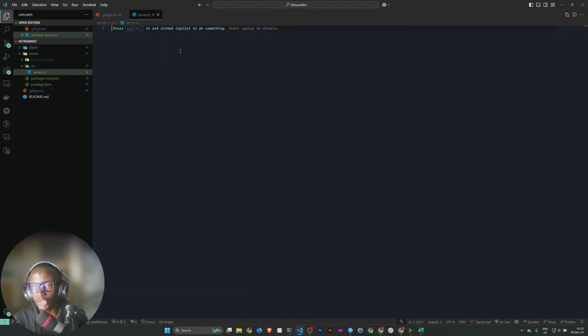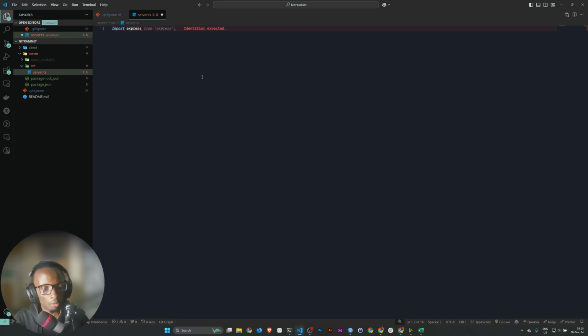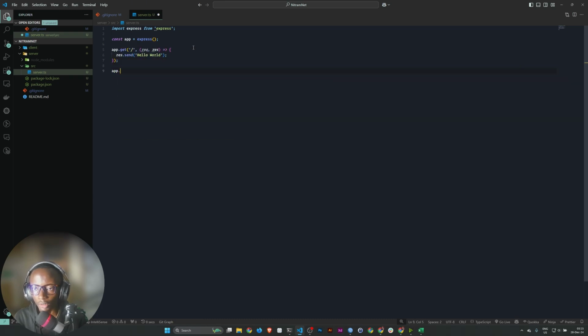So the only thing I'm going to be doing here is importing Express, and I'll turn on Copilot just so that it's already on. So import express from express. Just want to have that initial server going.